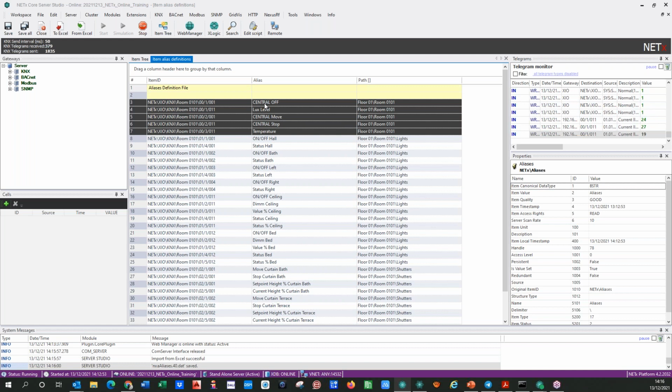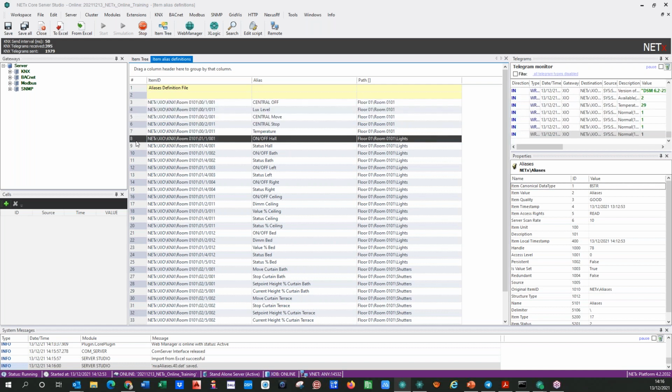For example, the central off or on, the lux level of the room, temperature, or central move all the shutters, awnings, and curtains, central stop. This is the central things. About the lights, we have them in a different folder inside the lights folder, inside the floor and the room, of course. On off of the hall, status of the hall, bath, status of the bath, left light, right light is